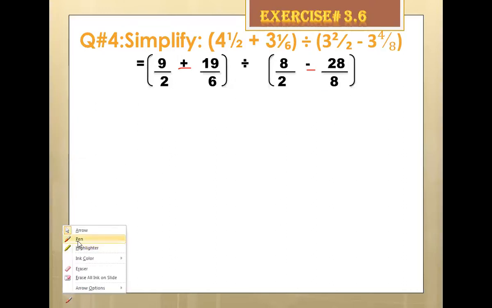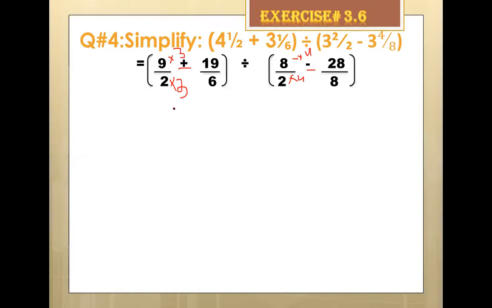Let's check it out here. Here you have 2 and here you have 6. So you will simply multiply this 2 by 3 as well as this 9 by 3. 2 multiplied by 3 will become 6. Here you have 8, so you can make them 8 by 2 multiplied by 4 is 8 and 8 multiplied by 4. Okay, you multiply it with this. Now what will it become?